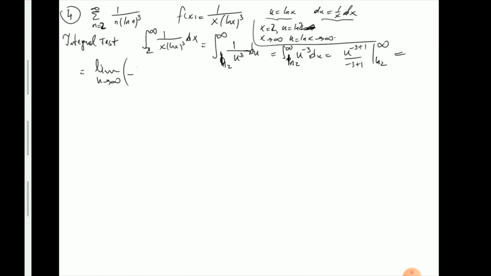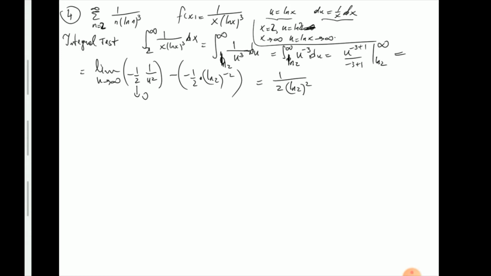It's minus 1/2 u to the minus 2, which is 1 over u squared, from which you subtract minus 1/2 times ln of 2 to the power minus 2. So anyway, this first piece is going to be 0, and the rest of it is just a real number,